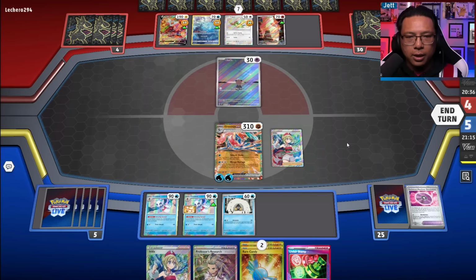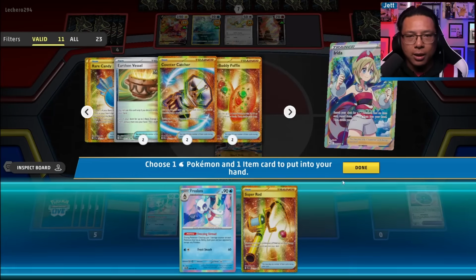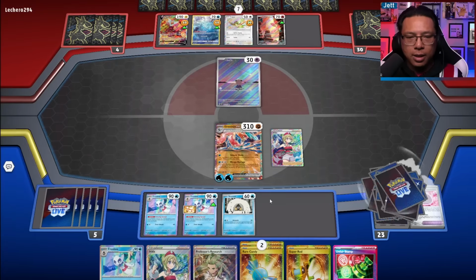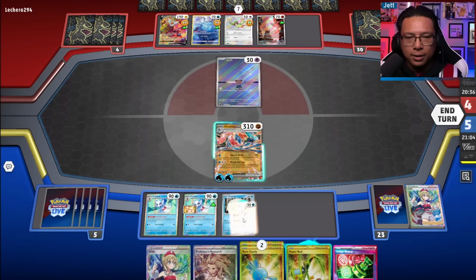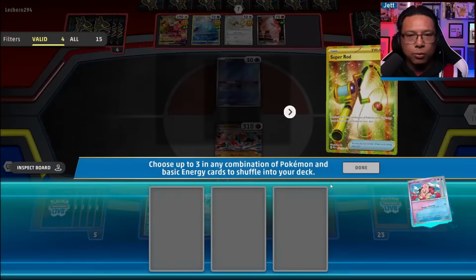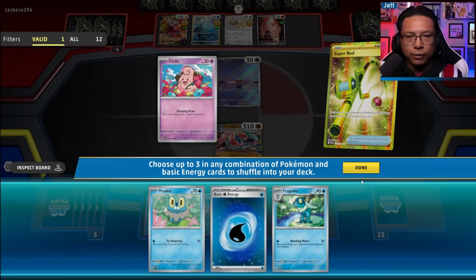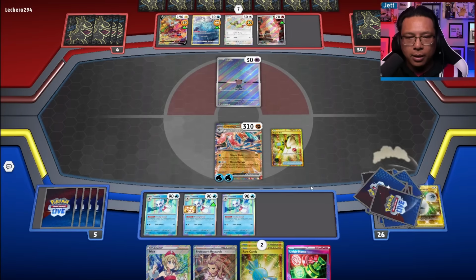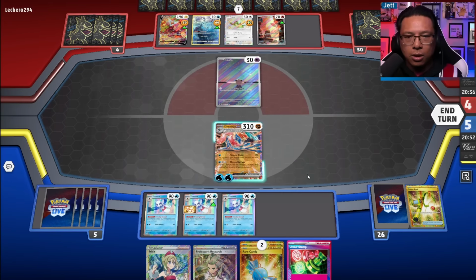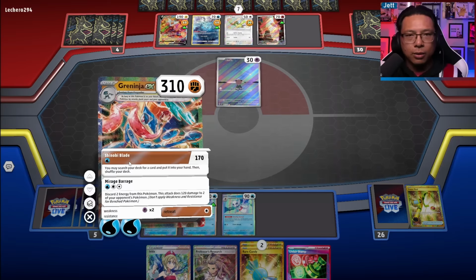Let's go Irida into... What? Another Froslass into a Rod? Yeah. So we'll get 3 Froslass going. And let's go Super Rod back in. Yeah, the Froakie, the Energy, and the Frogadier. And let's go... Oh, we can't Unfair Stamp because they didn't knock us out. That's okay. We'll swing for...